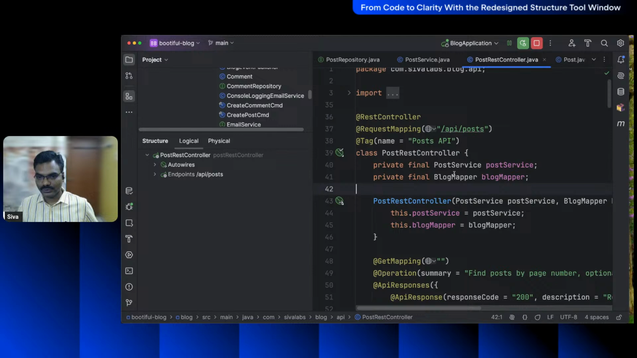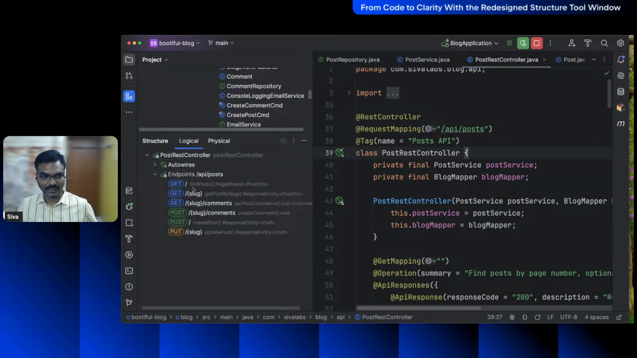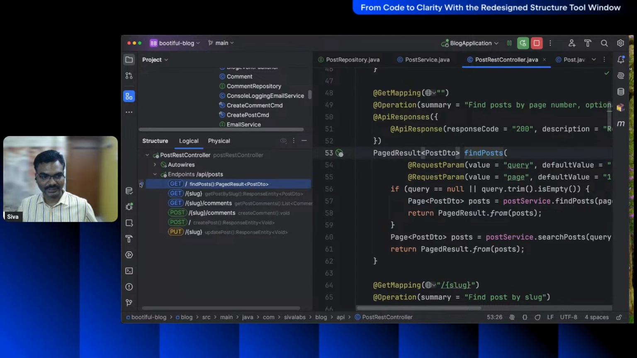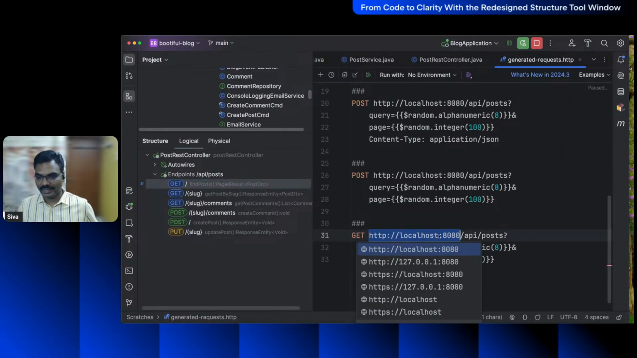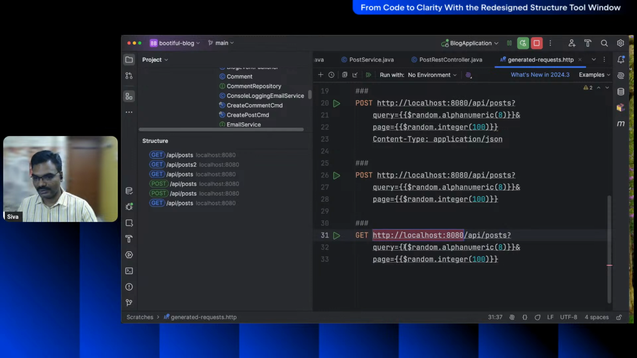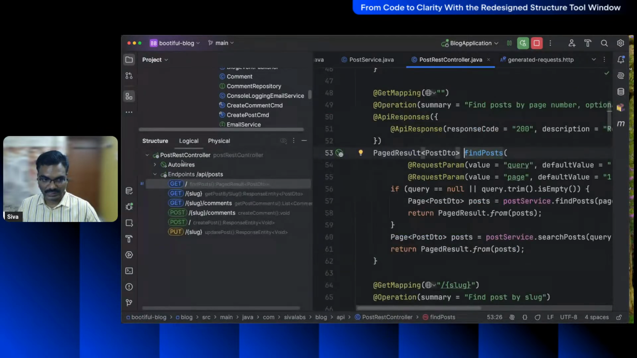When we are viewing any REST controller or web API endpoints, you can select any of these and click on the icon, and it will take you to this HTTP console where you can call this and check the response. This is really handy when you are trying to perform some actions and you don't have to manually navigate through the code base. Instead, you can do it right from the logical structure here. And also, when we are